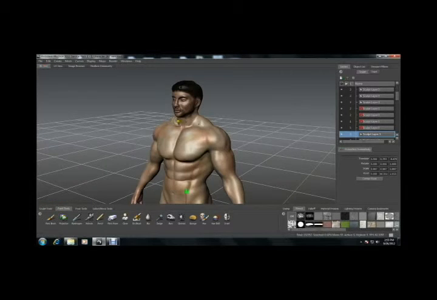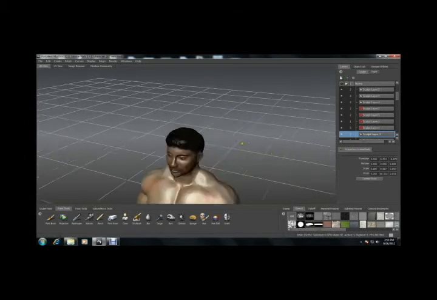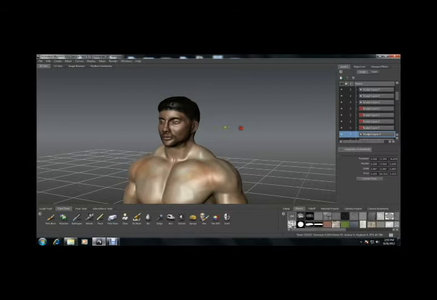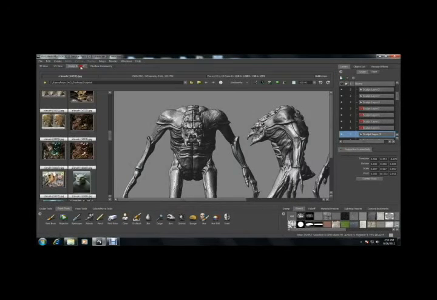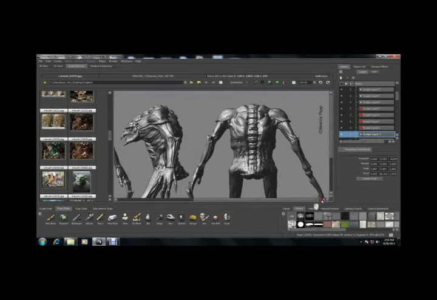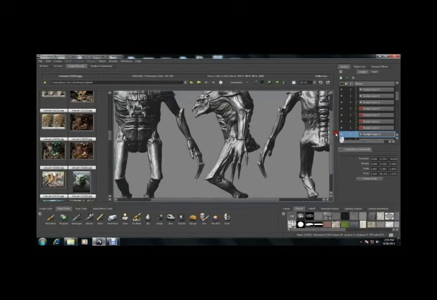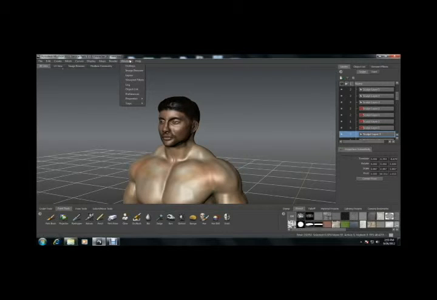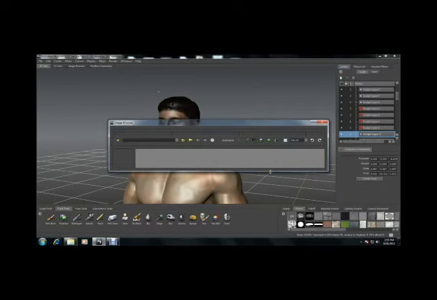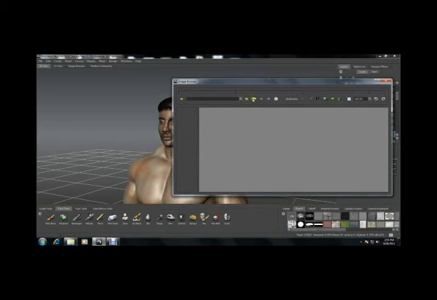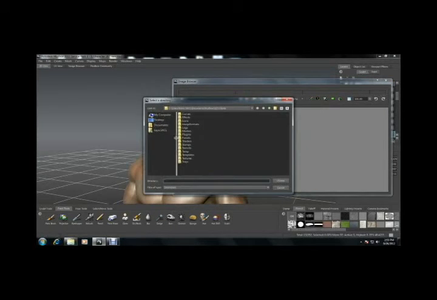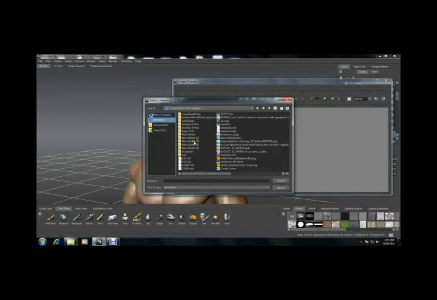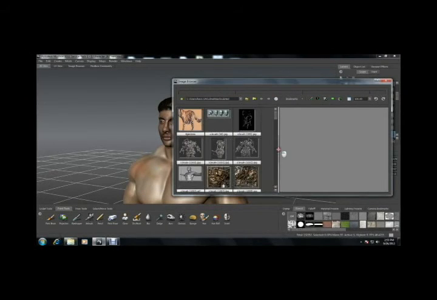So I can work out over here with the model, and secondly, if you want to view the reference, for example, you can just go to this image browser and you can easily view the reference from here. Or else what you can do is you can just go to Windows and you can click on this image browser. Click on this image browser, open the directory, go to this desktop, choose this option, go over here and select that particular